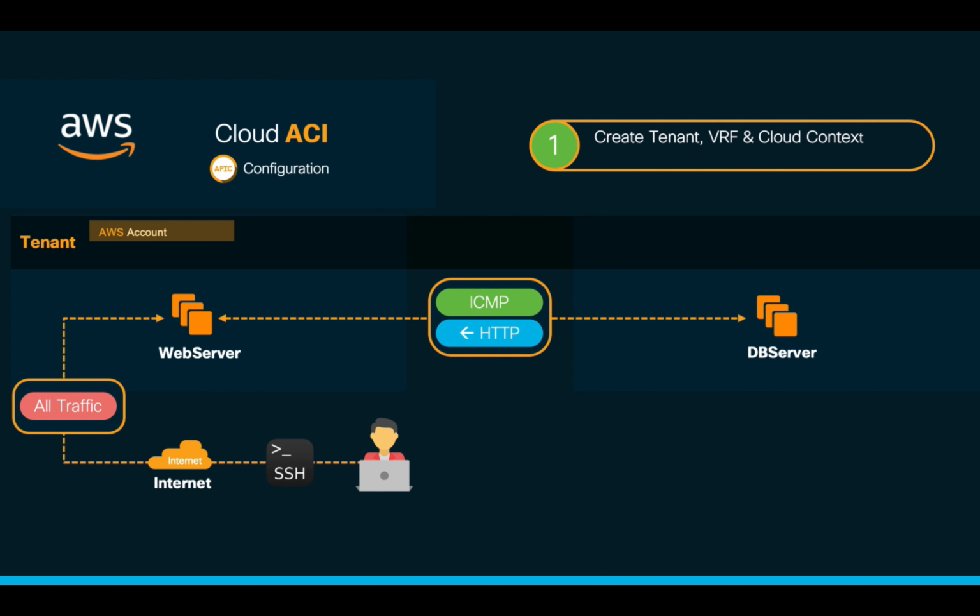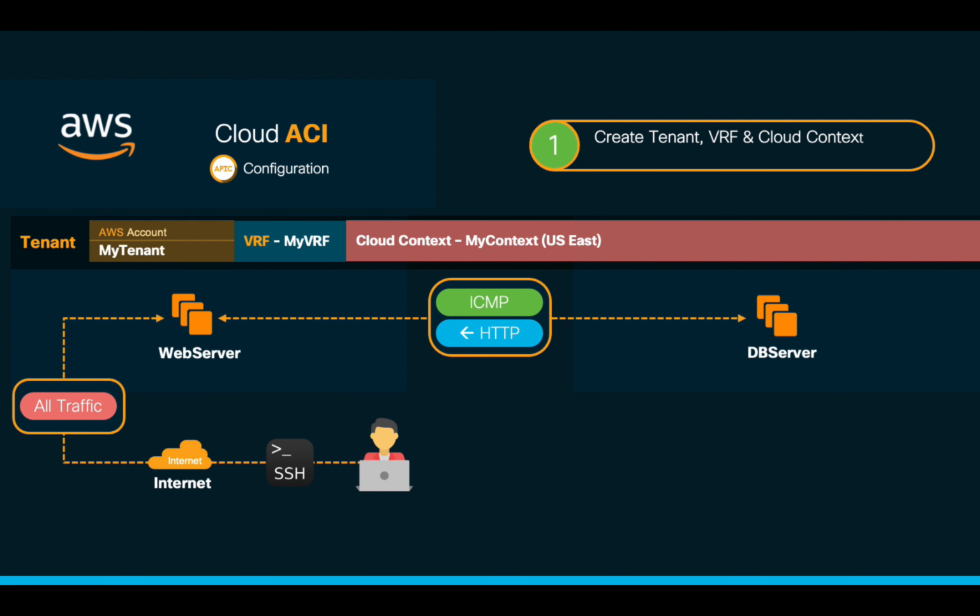First, we will create our tenant with its VRF. Then, we'll associate it with a cloud context specifying US East as its region. We will include